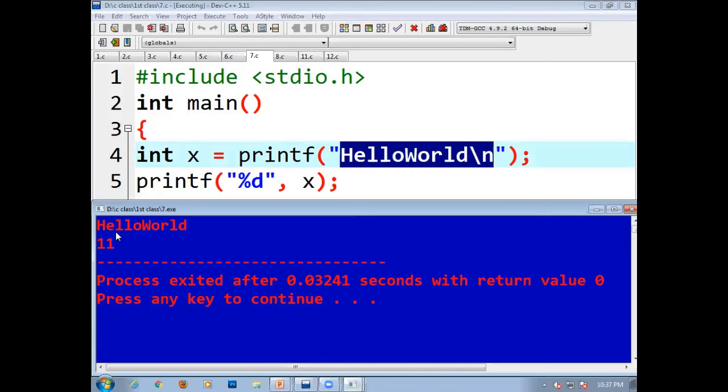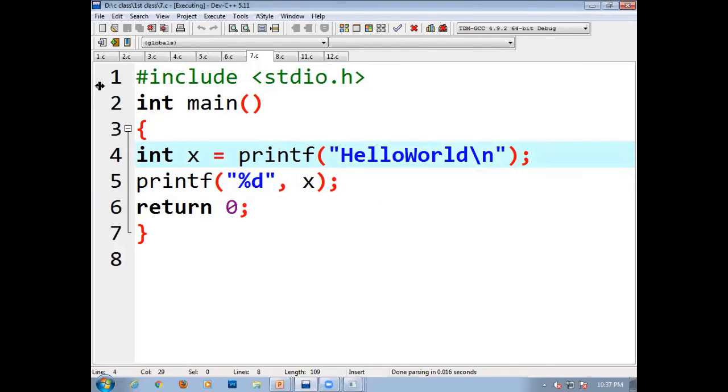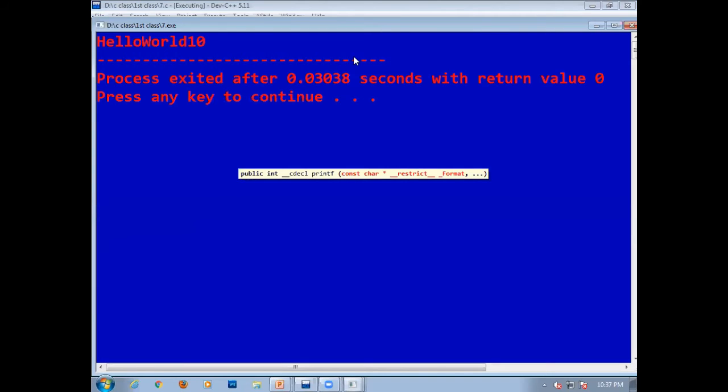When I executed, after printing hello world, the new line character is also there. So that new line character with the length 10 gives a total of 11. That 11 will be stored in x. When you print the x value, the printed value will be 11. This is the output of the program. If I delete this \n, our output will be hello world 10, as I told you, as per option C. Hello world followed by 10 will be our output. Hope you understood this program.